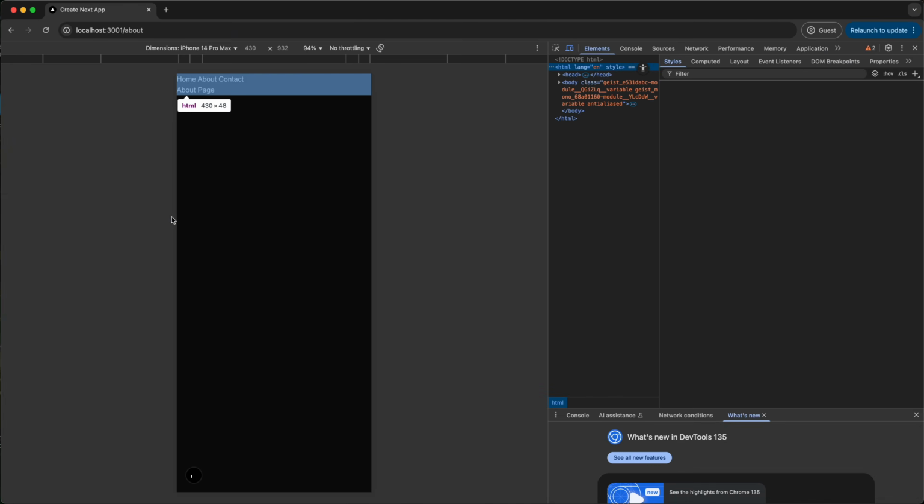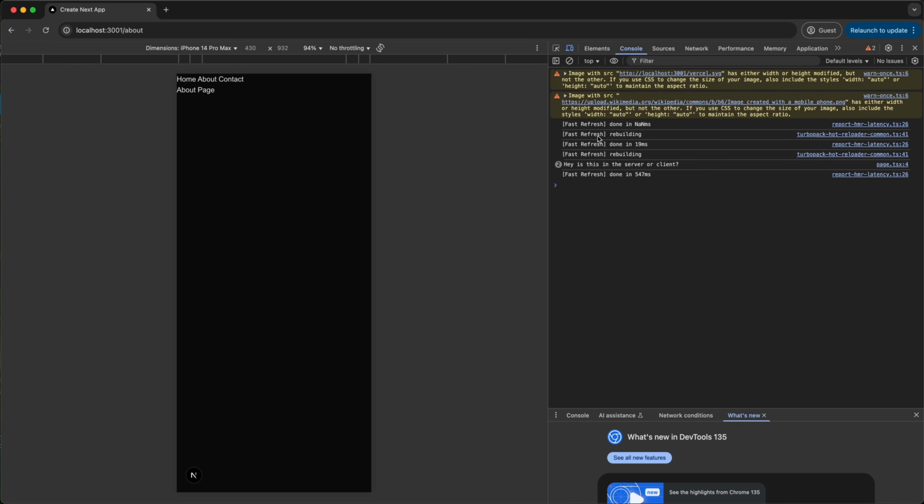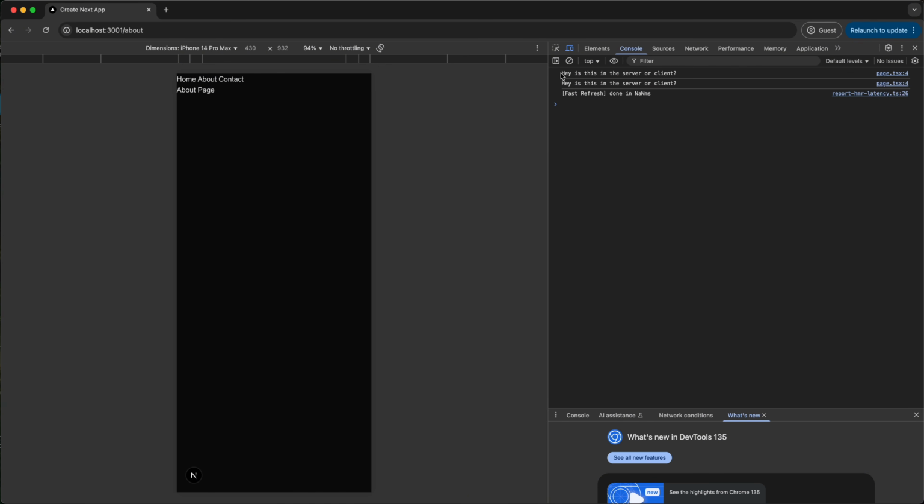If I go to our inspect over here and I go to console, we should see that it says over here as a console log, hey, is this in the server or client, right? Perfect. It's console logging into our inspect element. Nice. Now, if I go to the contact page, you see that it says the same thing, but first of